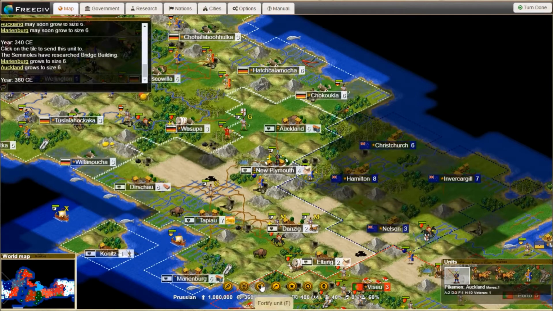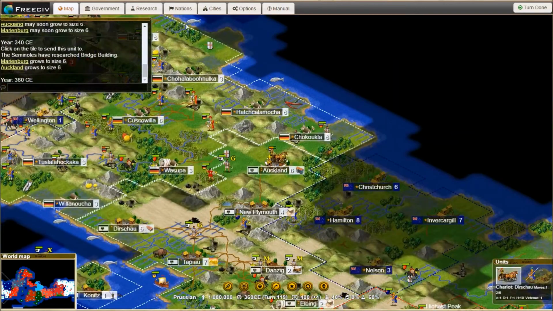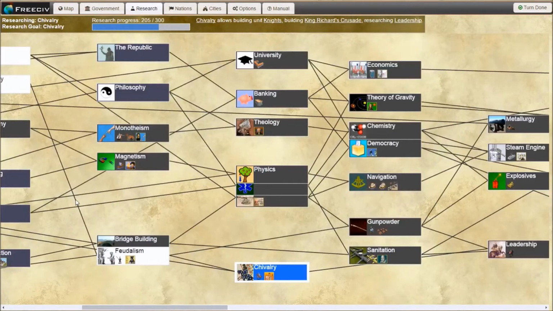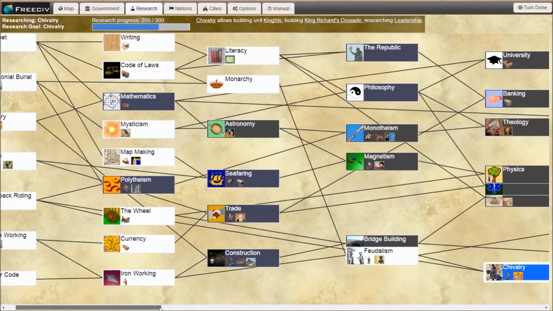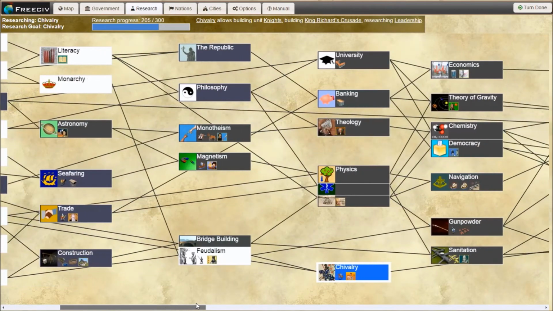Okay. Seminoles have researched bridge building. Let's actually take a look at the research. Bridge building, where is that? Well, it's pretty obvious where it is, but it's probably pretty early. Bridge building, it's sort of early. Right next to feudalism on the list here. Wait, I've got feudalism, and I'm currently researching chivalry, after which we will go after...